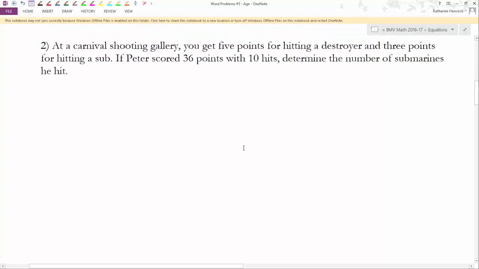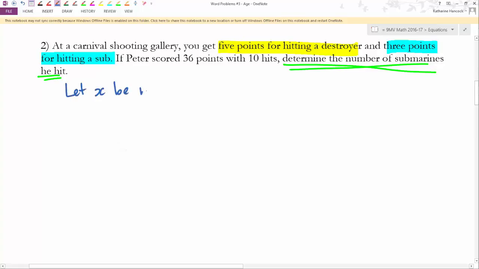At a carnival shooting gallery, if you get 5 points for hitting a destroyer, 3 points for hitting a sub. That's obviously important. 5 points for a destroyer, 3 points for hitting a sub. Peter scored 36 points with 10 hits. Determine the number of submarines he hit. So this part here at the end, that's going to tell us what our X is. So let X be number of